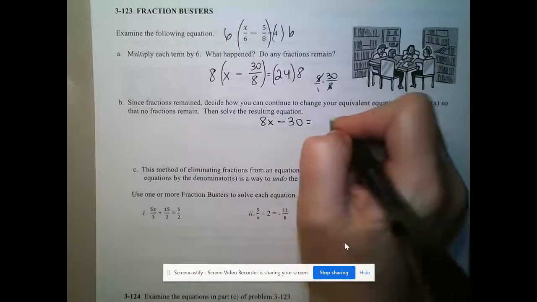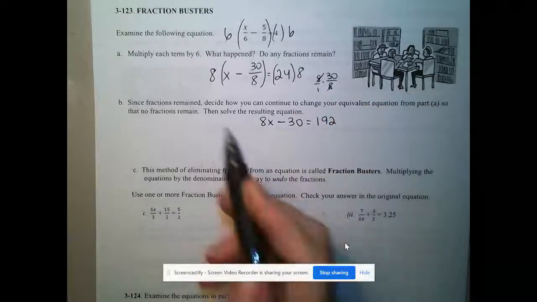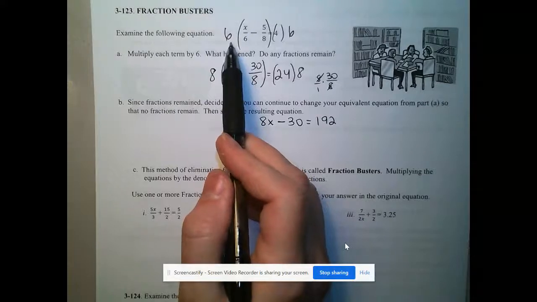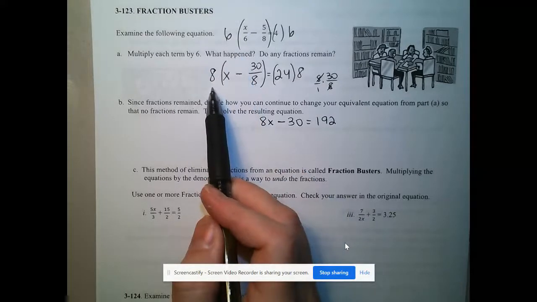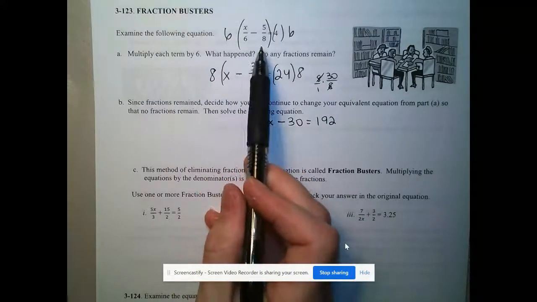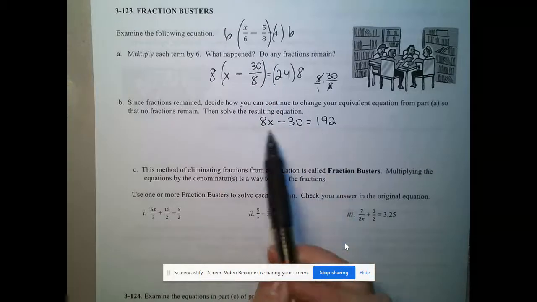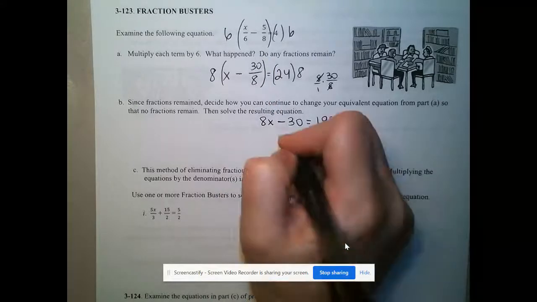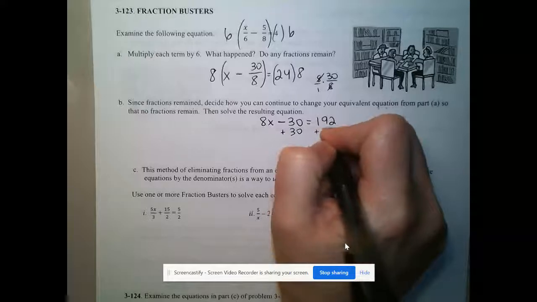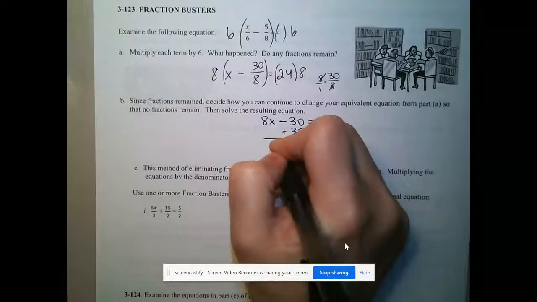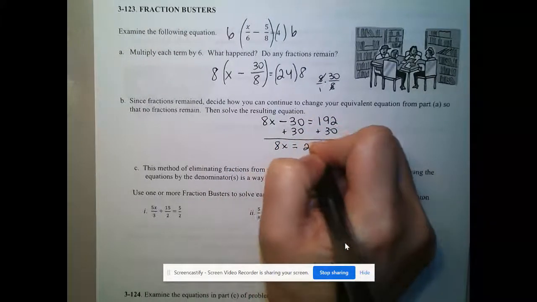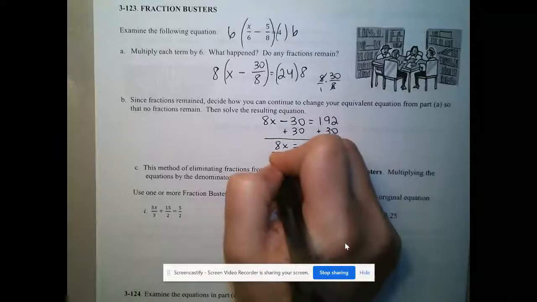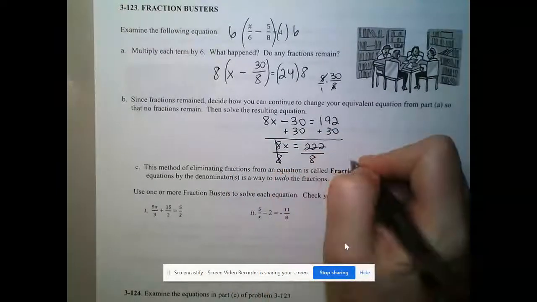Equals, and the 24 times 8 is 192. So we multiplied by 6, followed up by multiplying by 8, and it busted. It got rid of both the denominators. So I just have this really nice, friendly, easy equation to work with. I can add 30 to both sides. 8x equals 222. I can divide both sides by 8, and I get x equals